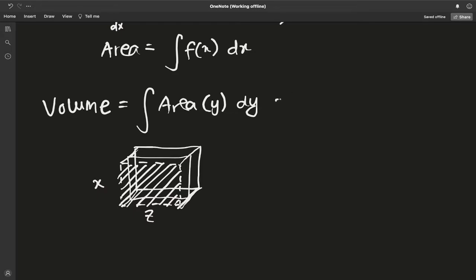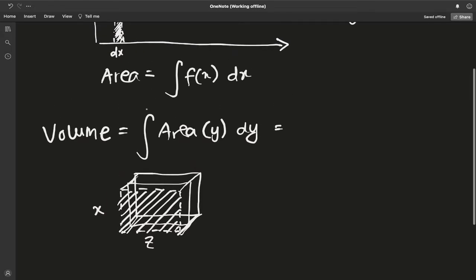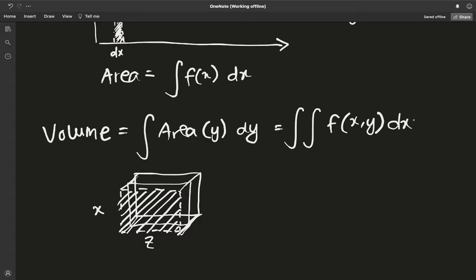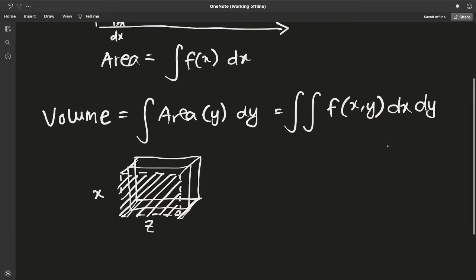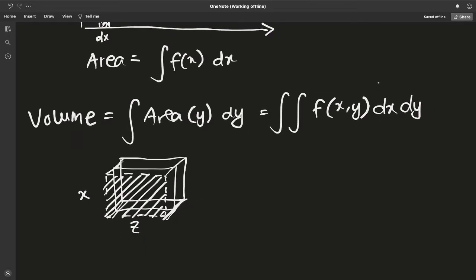Now, an interesting thing is this area of y, looking at the previous case here, you can write this as another integral inside it, like a nested integral of some function now, which is a function of both x and y, say dx dy. To be more general, this would be like a dA, but since we have this special case, I'm writing a dx dy. Okay, and